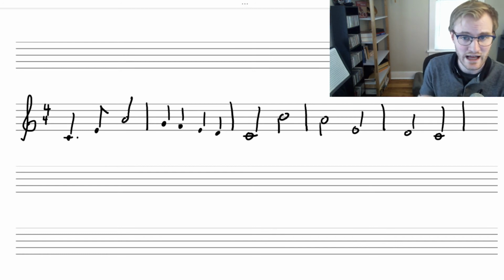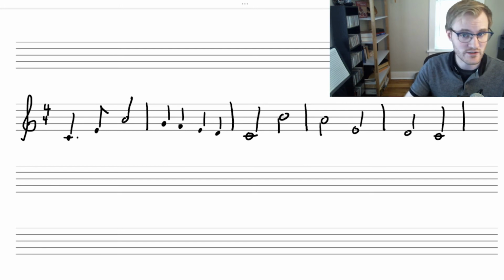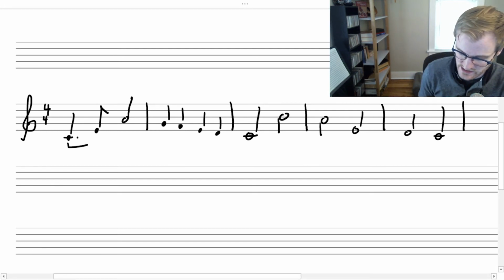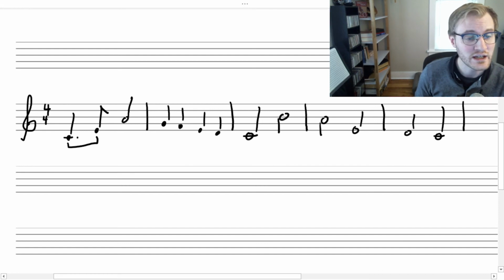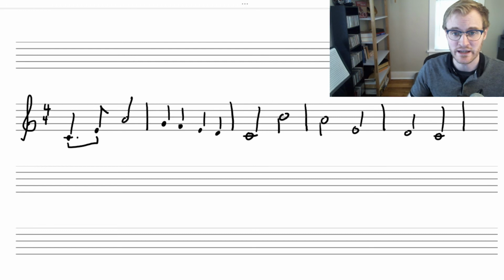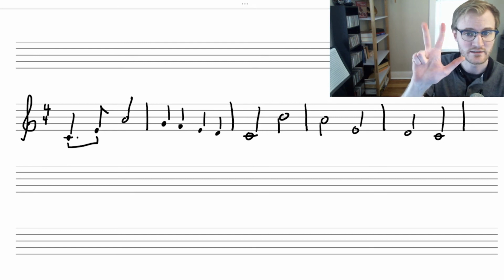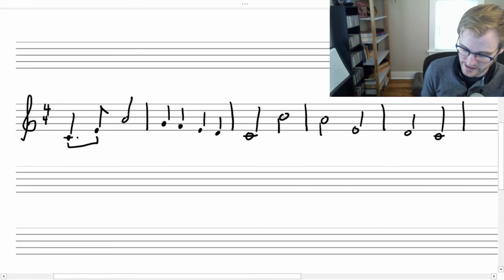So we can still identify the intervals between any of these two notes just as if they were harmonic and stacked on top of each other. So we could look at the distance from C to E, and again, we can see that they are both on lines, so they are going to have to be an odd numbered interval. And again, we can just count C, D, E, and we can know that this would be an example of